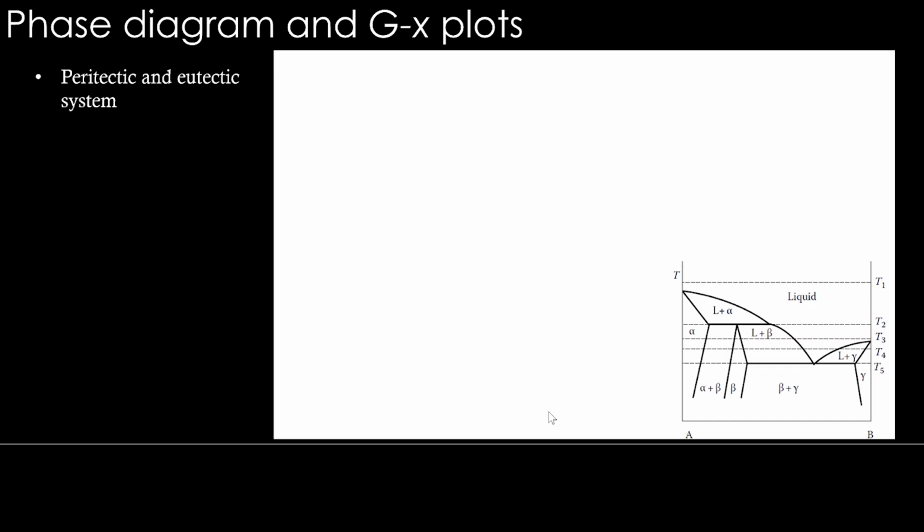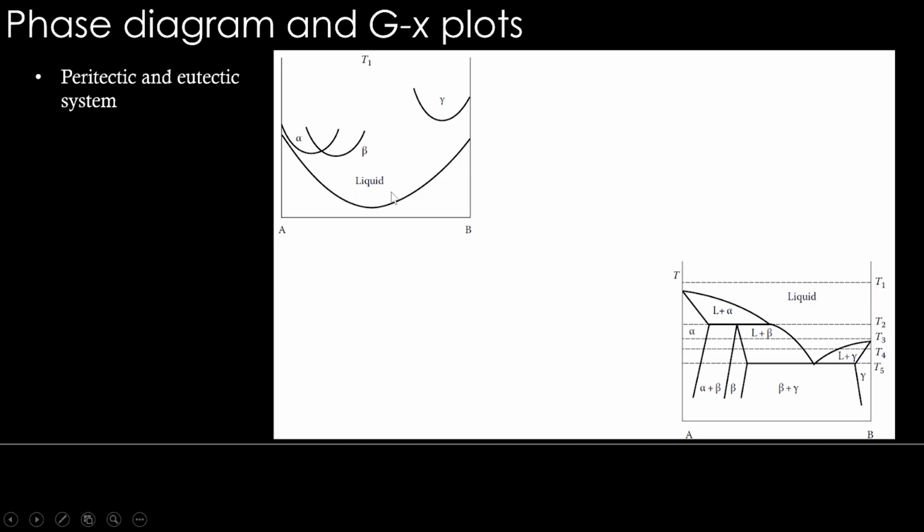One more, let us slightly push our understanding and put it for a slightly more complex case, peritectic and eutectic. In this case, we have in solid state alpha, beta, gamma, three phases, and then a liquid phase. So four curves should be there. Let's see how it comes. At temperature T1, four curves are there, but liquid is the most dominant one throughout. Alpha, beta, gamma are not drawn throughout the entire composition range, because of their existence range here. Alpha is stable only in this left extreme, beta is stable somewhere in the middle, gamma is stable in the right extreme. Therefore, it is chosen like that.